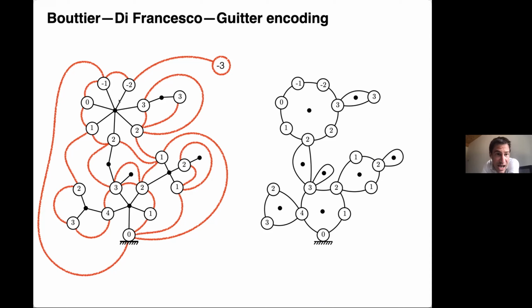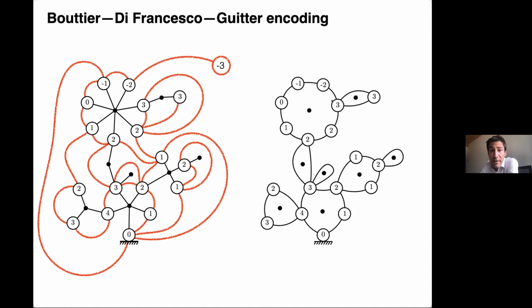So here you have a large degree face, here a face of degree 4, here a face of degree 2, here a face of degree 8, and so on and so forth. So remember that the faces correspond to the black dots, and the black dots correspond to the loops in the loop tree. And so the size of a loop will be the perimeter of the corresponding face in the map.